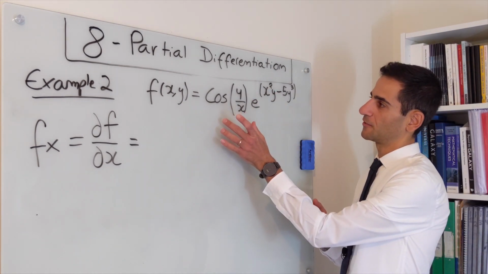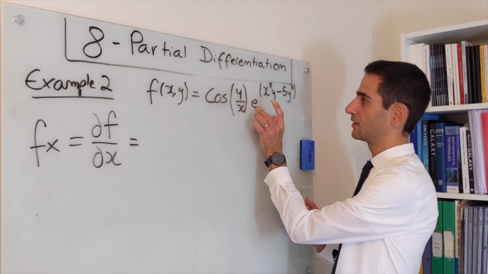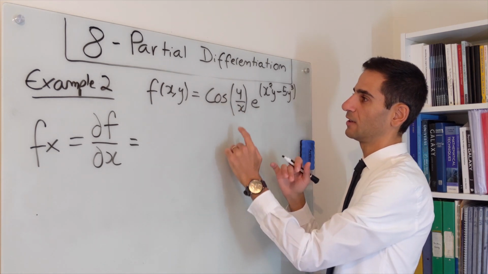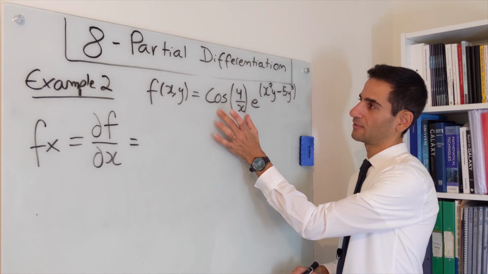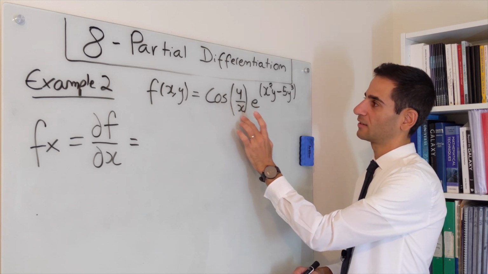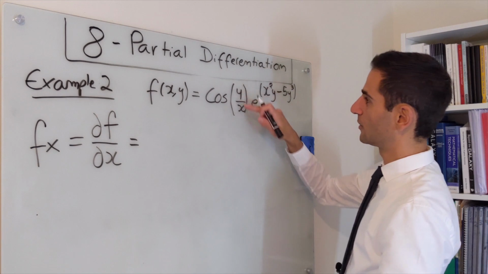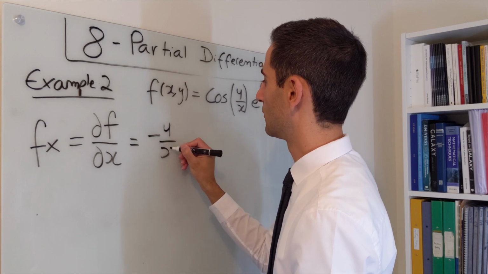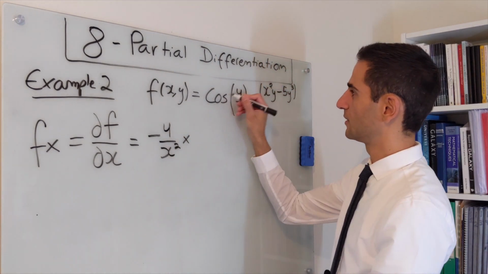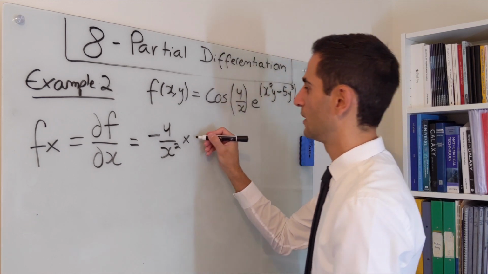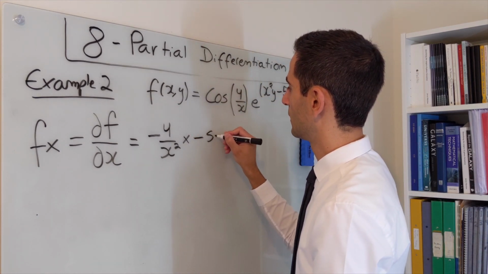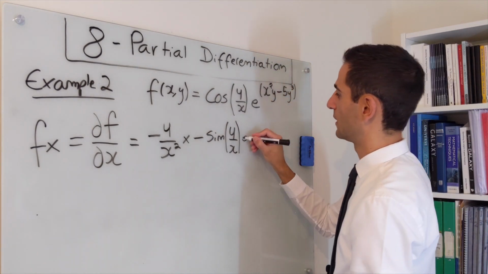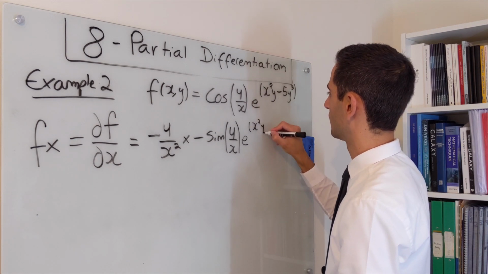We can start with these terms first. So we'll have the derivative of this part times this function and the derivative of this part of the function. We can start by differentiating this function that we could call f of g of x. We get the derivative of the inside because this is a composite function, that is minus 4 over x squared times the derivative of cos of u. That's going to be minus sine of 4 over x, and this will be multiplied by e to the power of x squared y minus